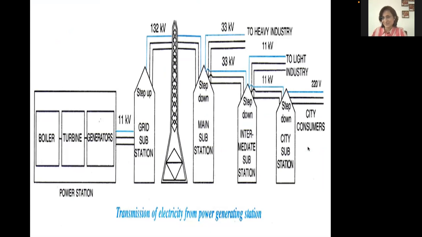The next step down is at the other substation to 11 kilovolts, which will send power to the light industries, and further step down to the city consumers at 220 volts. So these are the 3 step down stations,